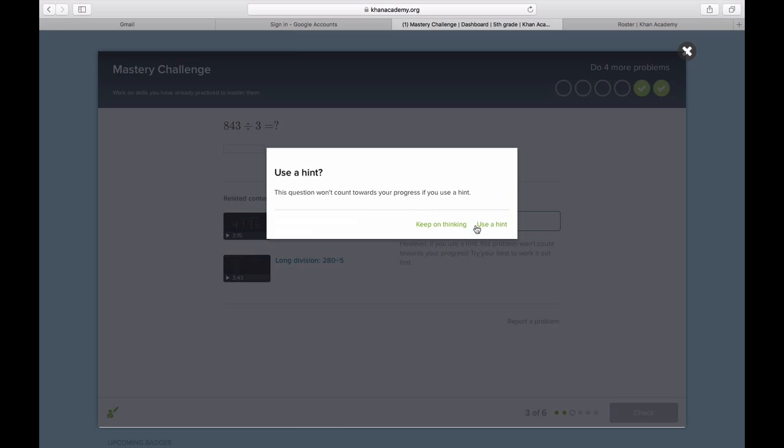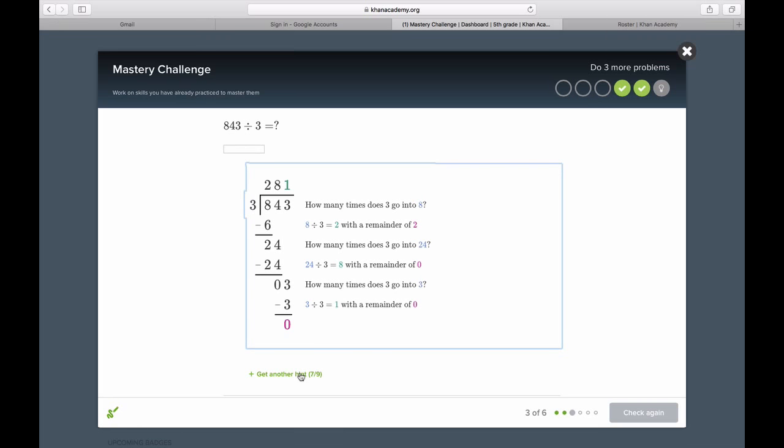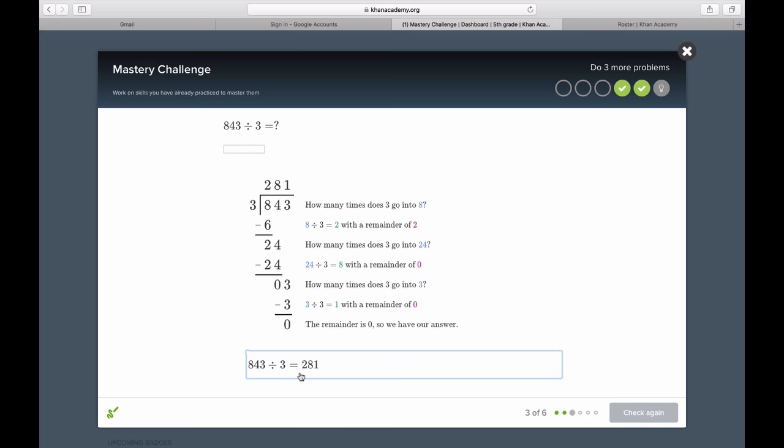And when I take a hint, it's going to warn me. This question won't count towards your progress if you use a hint. I don't care. I just want the hint. So I'll take these, and then this is going to show me step by step how do I solve 843 divided by 3, and by the end it gives me the answer, which is 281. Okay. Now,